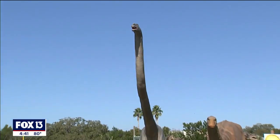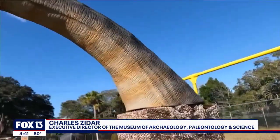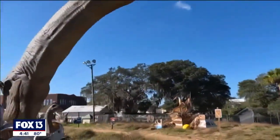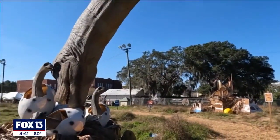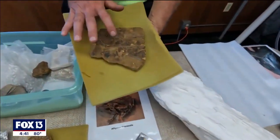So incredible, incredible display, and most of them move and growl and breathe and do all kinds of crazy things. So it's pretty entertaining. You're getting the kind of education that some people want to get as they move through the show. We're using all the outbuildings on this campus, and so we have multiple buildings where we have a dino lab